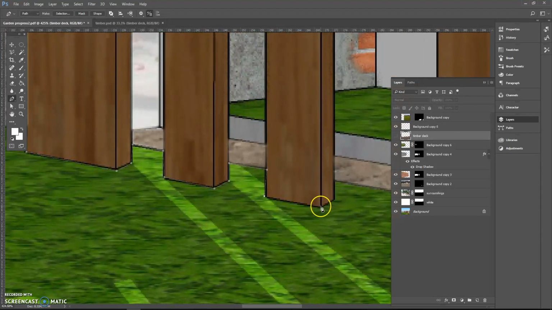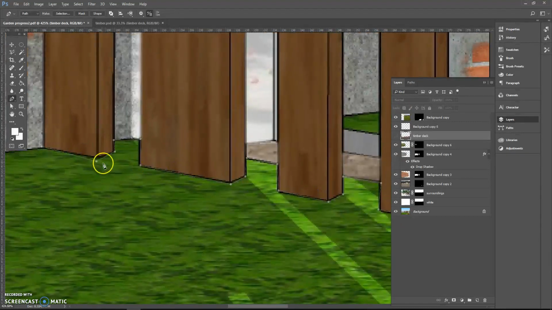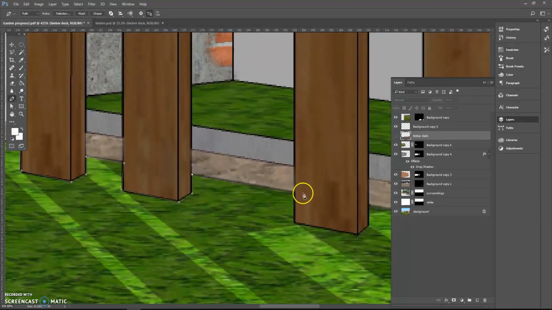So the good thing about the pen tool is that even if I'm not very accurate around the corners, I don't have to worry too much, because later with the direct select tool, I can still fix it, which saves me